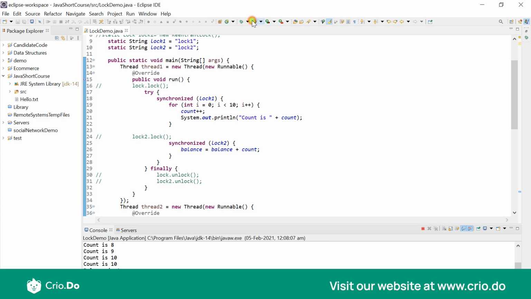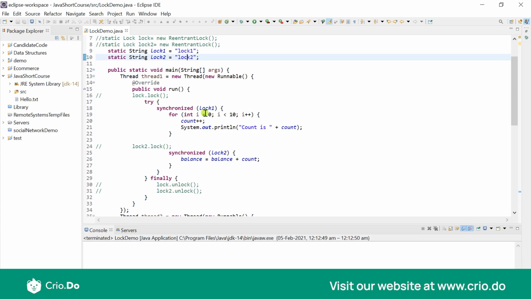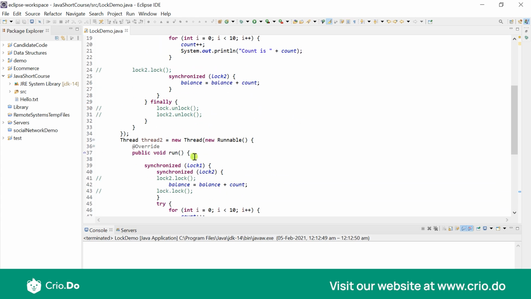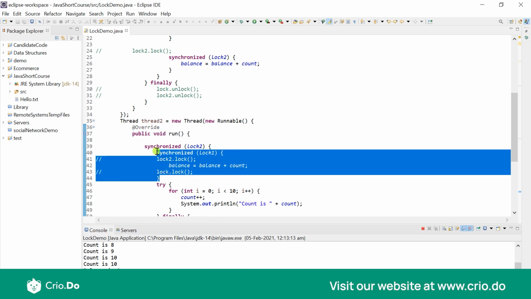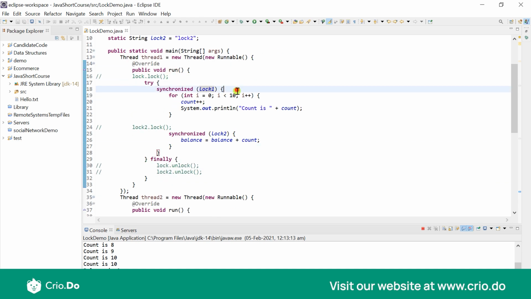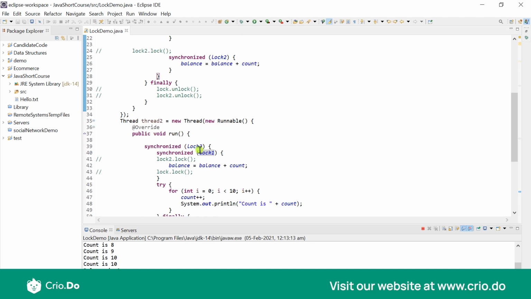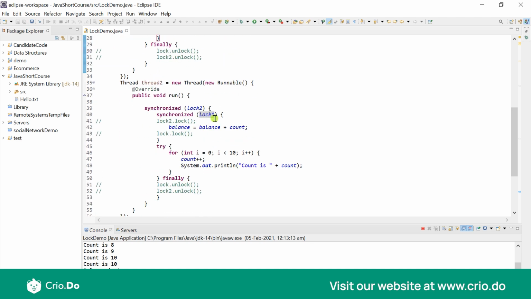Now let's try to actually run this. Now we do have our program terminating properly. Now the reason is because we have this lock 1, lock 2 in the same order in which we have actually acquired it. Now when I actually try to do it in a reverse order, I first have my lock 2 and then I actually have my lock 1 in this particular order. And now when I actually try to run this, and this does work properly, and the reason for that would be because we can release this particular lock 1 for another thread to use it, just because we do not know exact times when we actually are working with lock 1 and lock 2.